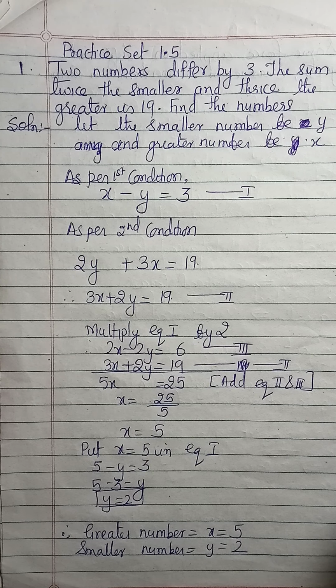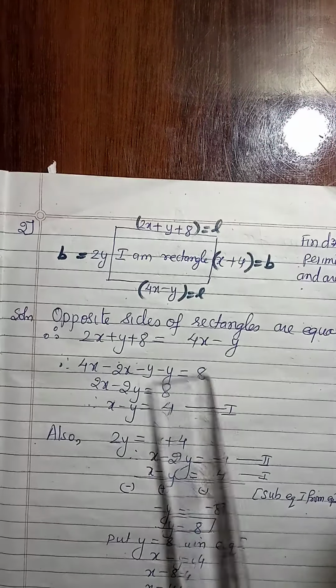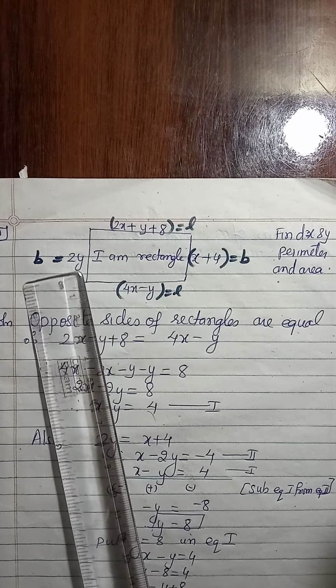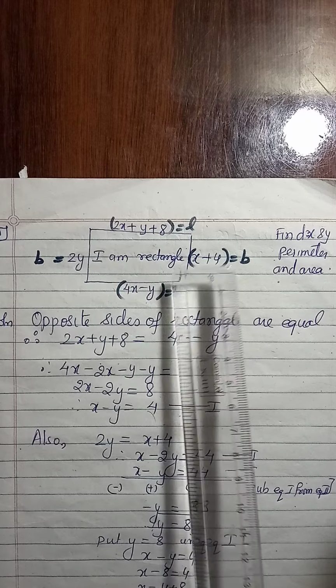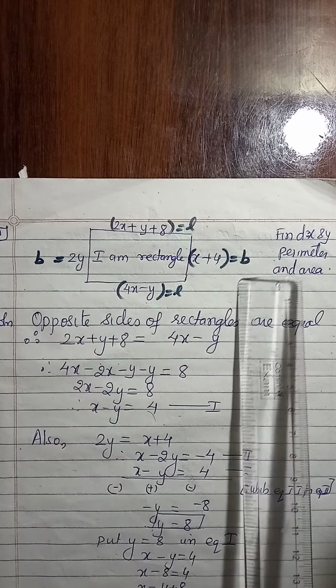This is how we have to solve the word problems. Same way we'll take another word problem and we'll get the second one. You can see the diagram is a rectangle. Now rectangle properties, we know that opposite sides are equal. So 2 lengths will be equal, 2 breadths will be equal.